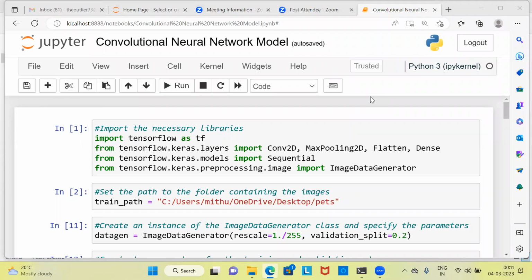My name is Mithun. In today's video, we'll be looking at how to build a convolutional neural network model for image classification. Even before I proceed to demonstrate how to build a convolutional neural network model using Jupyter Notebook,